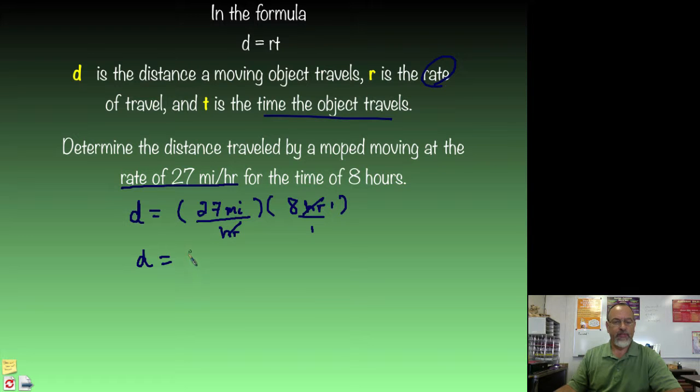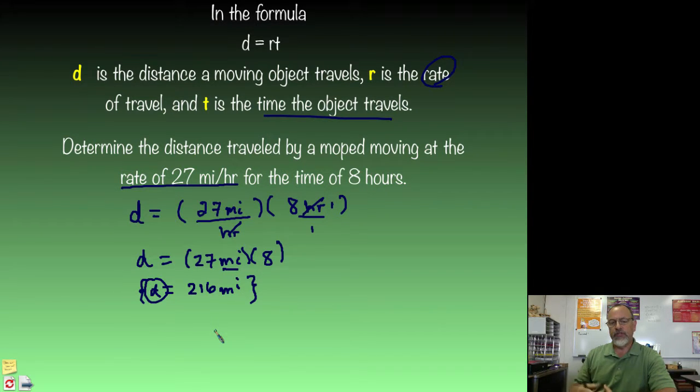So that leaves me with just 27 miles then times 8 hours, or no, the hours were reduced out, excuse me, so times 8. So all I have to do now is my multiplication, 27 times 8, that's 20 times 8, which is 160, and then 56, so that's 216, and then I still have my units, miles, and so this is my answer. So the moped traveled a distance of